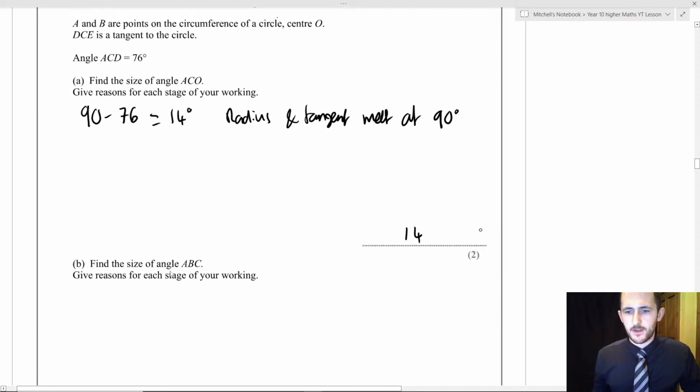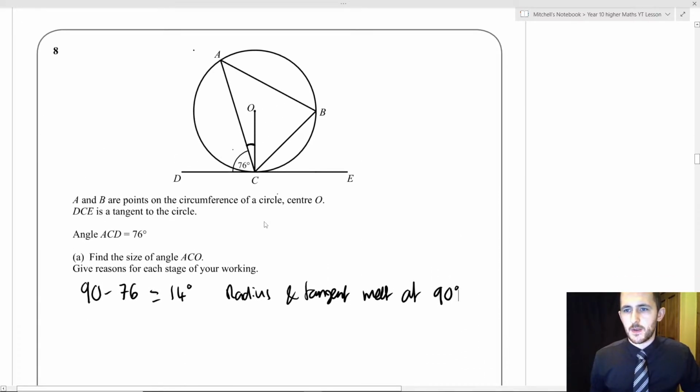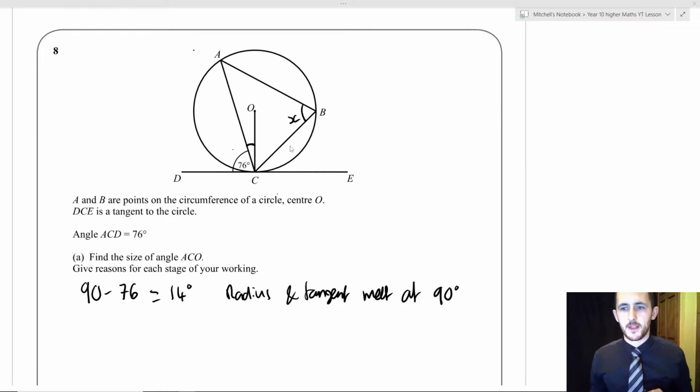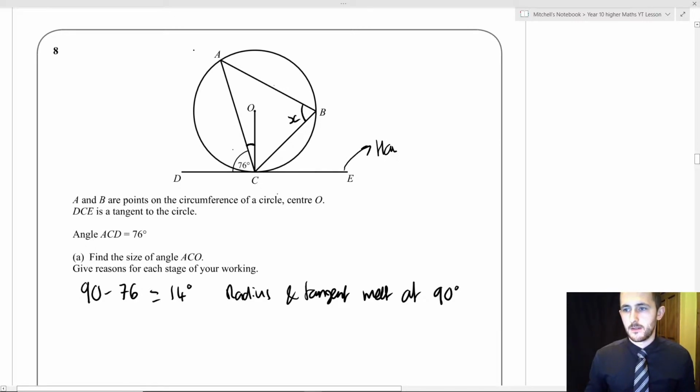And for part B, find the size of angle ABC. So ABC, that is this angle here. Let's call it X for now. So, Lila, earlier on, you mentioned the alternate segment theorem, but we actually used the same segment theorem. The reason why we didn't use the alternate segment theorem is because we didn't have a tangent. In this case, we have a tangent and we have a chord. So we're going to be using the alternate